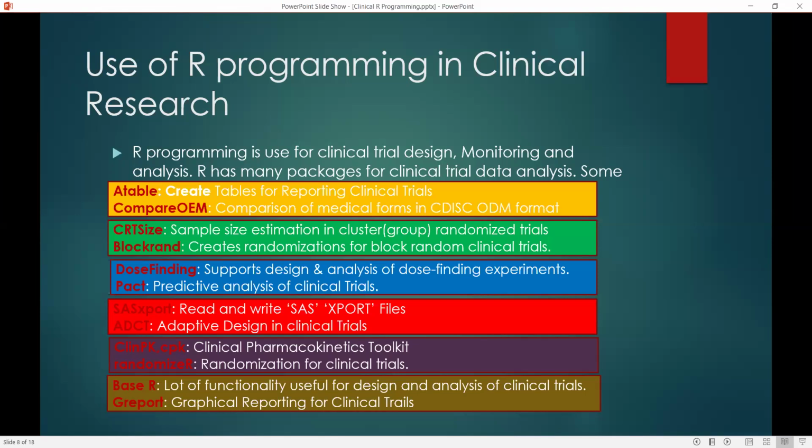Okay, so suppose you want to create a table, so you need to first download the package, and all packages are free, and you have to download only one time. And whenever that particular package is required, you just activate it at that time. Okay,